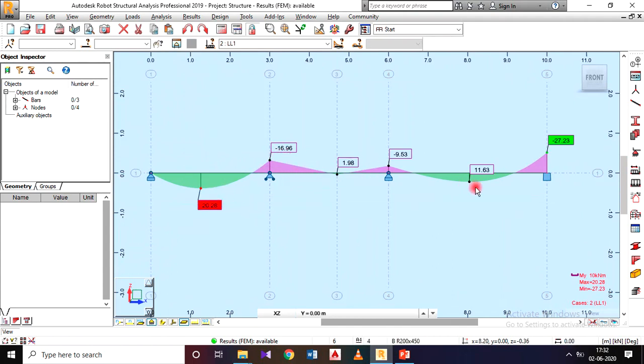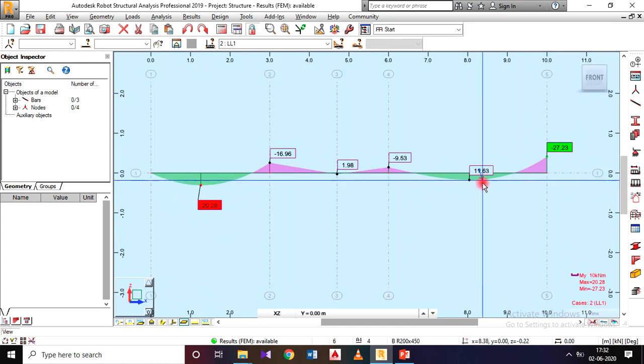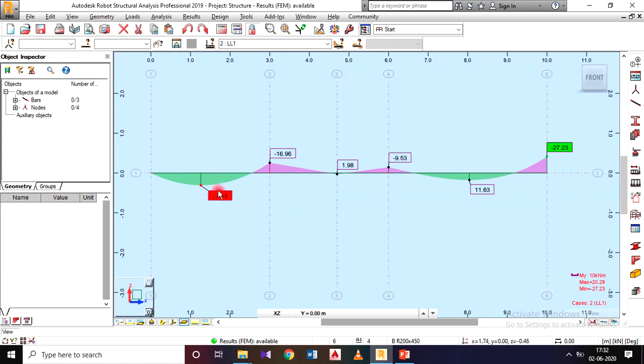So we got the bending moment diagram of that, and I will drag it down. In the bending moment diagram, I don't want to see the supports. To hide these supports, select this fourth option, support symbols. So click on that. So it is removed. So now I got a continuous beam with the bending moment diagram. So values are visible here like this. The maximum bending moment value is 20.28. It is sagging portion. This one is hogging.